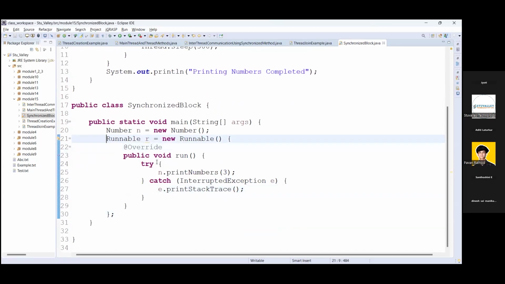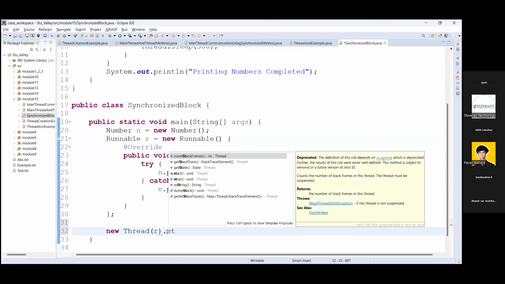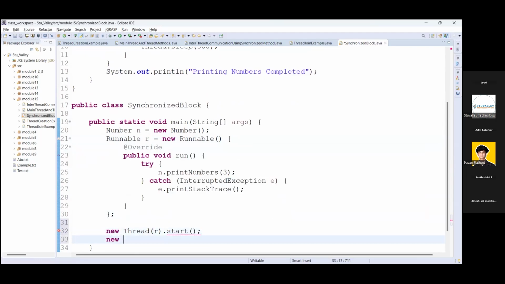Now you can pass this reference to the new thread. You can create an anonymous object also. New Thread, pass this r reference here, and it should start immediately. We can call the start method.